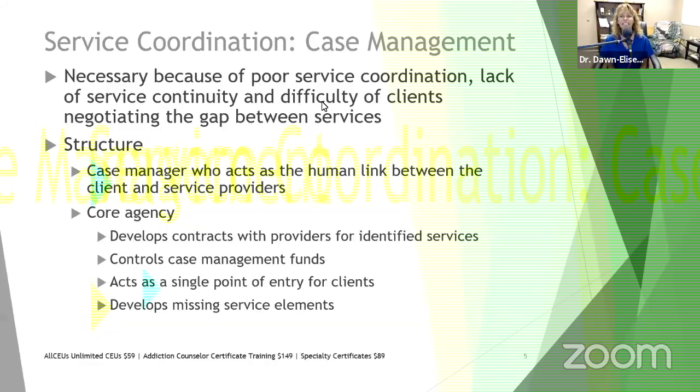Case management is necessary because of poor service coordination, lack of service continuity, and the difficulty clients have negotiating the gap between services. We had a lot of struggles referring to certain agencies where I came from, and those agencies I won't name. Hopefully things have improved.